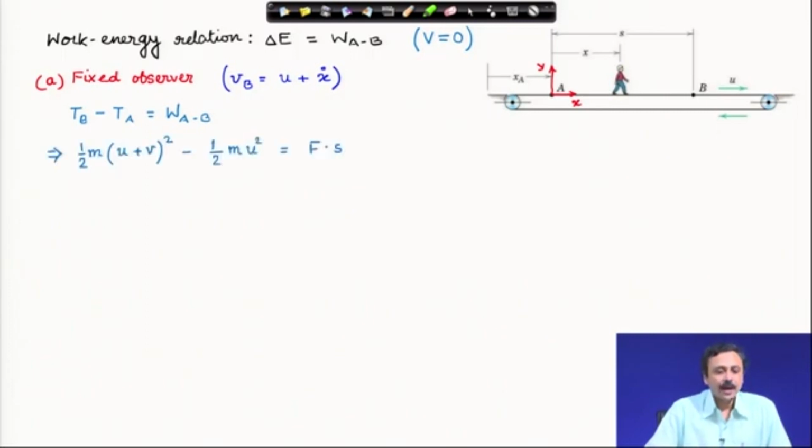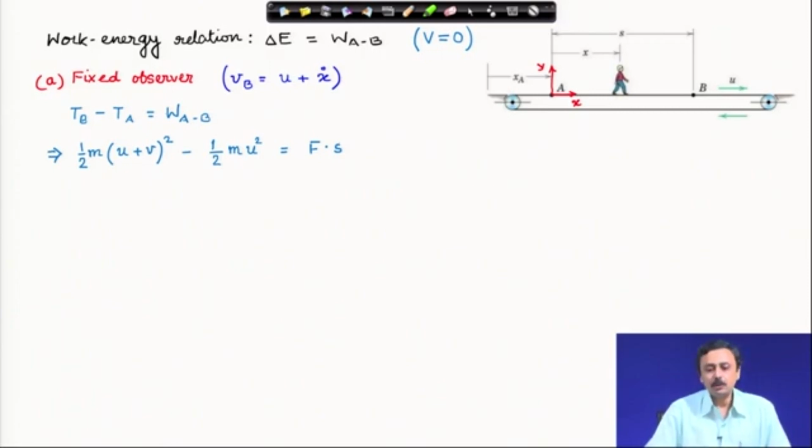I can write down the kinetic energy at B, which is half the mass of the boy times the velocity of the boy at B, which is u plus v, which comes from this relative velocity expression. u plus v is the velocity of the boy as he reaches B. Therefore, half m times (u plus v) whole square, minus the kinetic energy of the boy at A. At A, he was standing, he just started to accelerate from A. Therefore, the kinetic energy of the boy at A must be half m u square, which is from the walkway velocity,